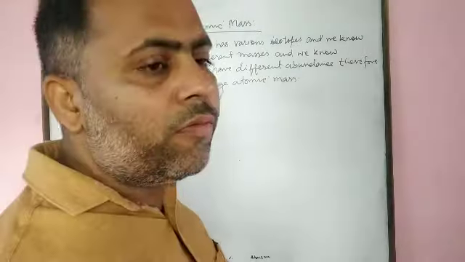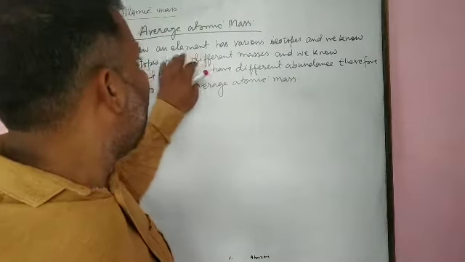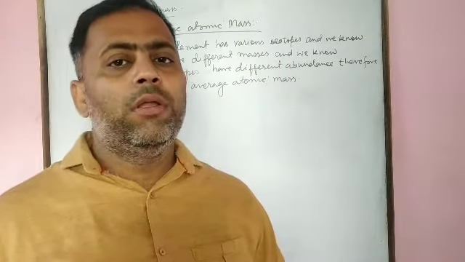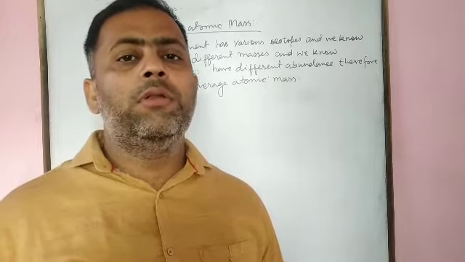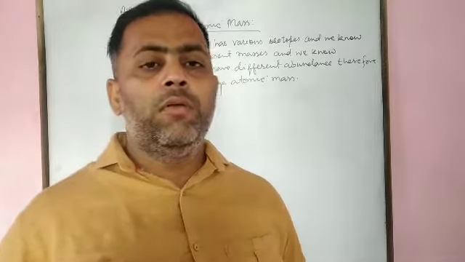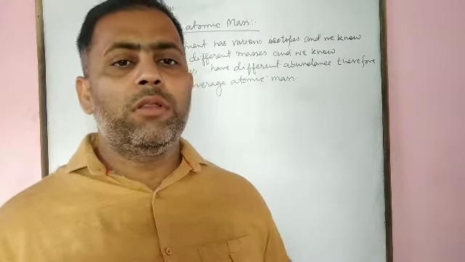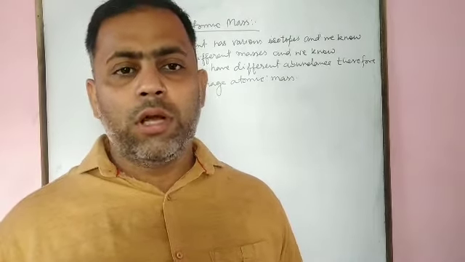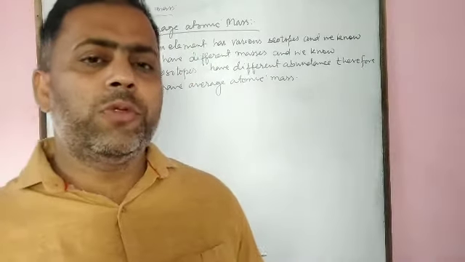I have discussed what is the need to have average atomic mass, is that we know an element has various isotopes. For example, if we talk about carbon, then it has carbon 12, carbon 13, carbon 14. If we talk about hydrogen, it has 1H1, protium, deuterium and tritium, 1H1, 1H2, 1H3. If we talk about chlorine, chlorine 35, chlorine 37. If we talk about uranium, uranium 235, uranium 238. It means an element has various isotopes, and when it